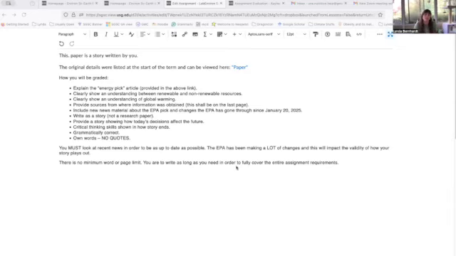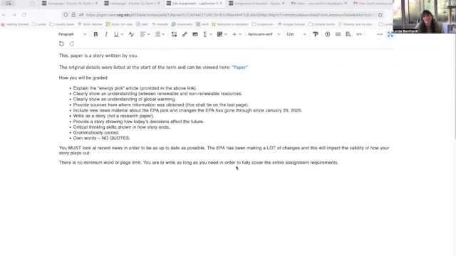If you say something about there being a coal plant in every state, you would then have to talk about the increased level of mercury in all of the fish and the lack of clean air and the rise of more asthma and respiratory diseases. So whatever you say happens here, you have to show the logical conclusion. That way I can see that you understand it goes from A to B to C to D, that kind of thing.